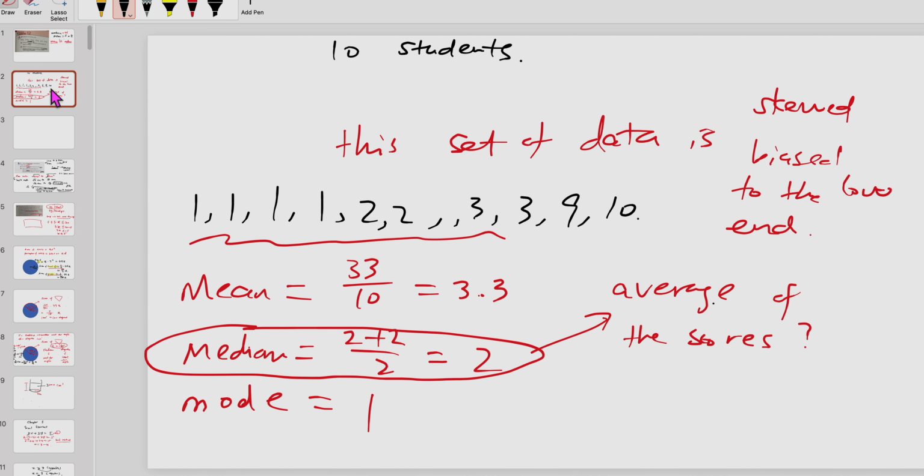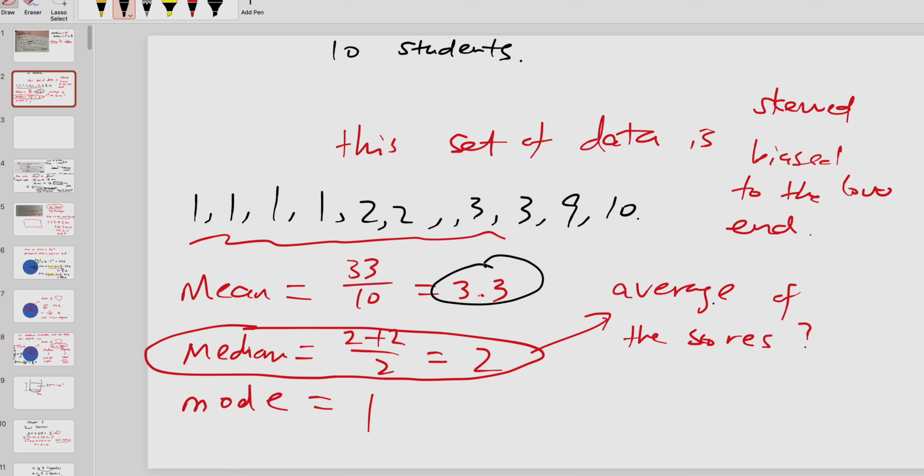Oh, you asked me why, right? Why use the median? Because it should give a fair gauge of the average. Just now what we said: most of the students score less than 3. Lower number. Less than 3 or equal to 3, right? Which is the lower end, right? If you take the average 3.3,